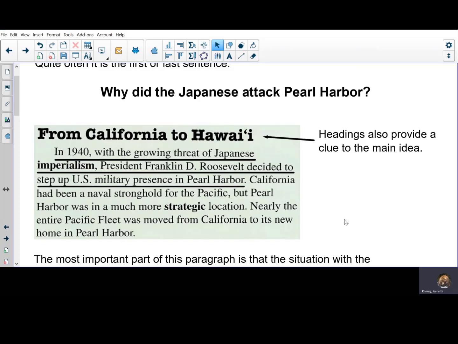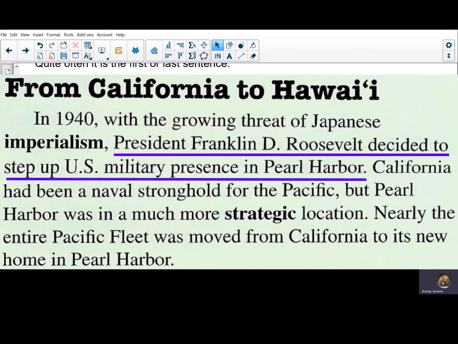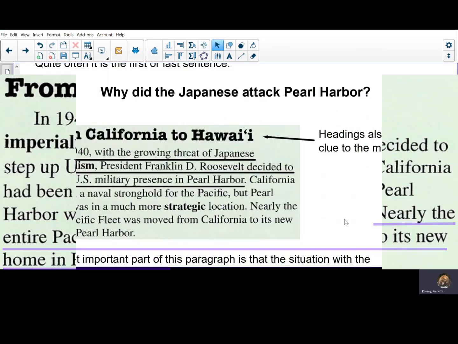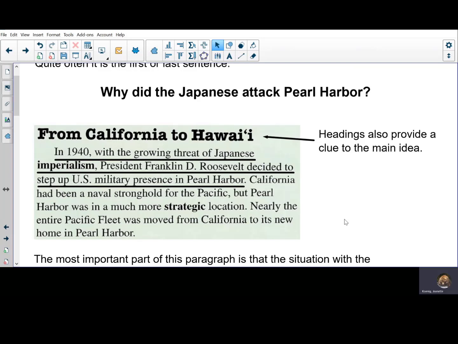In fact, I had an argument with a colleague where we really didn't quite agree. We saw the main idea in different places. One of us saw it in the first sentence, the other saw it in the last sentence, and I think there were really solid arguments for both positions. Finding the main idea is not always cut and dried.